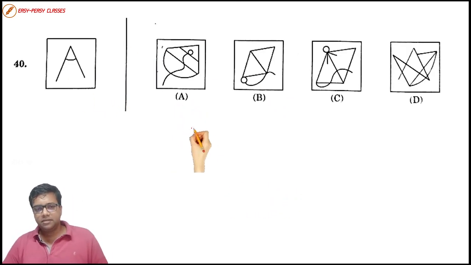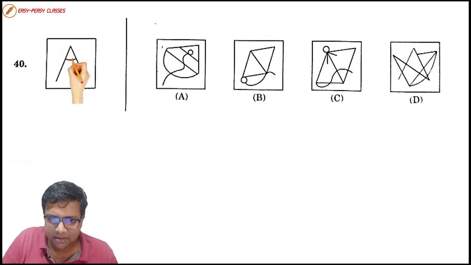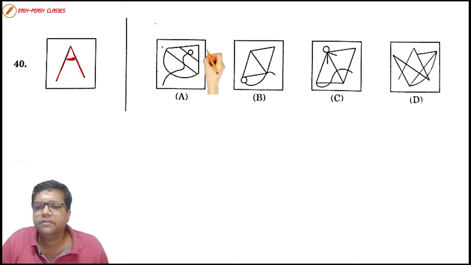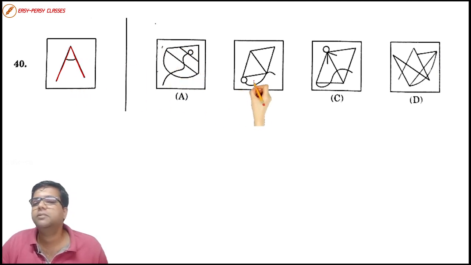Question number 30. We have an acute angle. Even this line is also very important. We have an acute angle, right? Okay, let us see in our answers. Do we have anywhere acute angles? There are so many here, here, here, here, here. So many acute angles are there, but nowhere is the arc part present. This part is nowhere present.